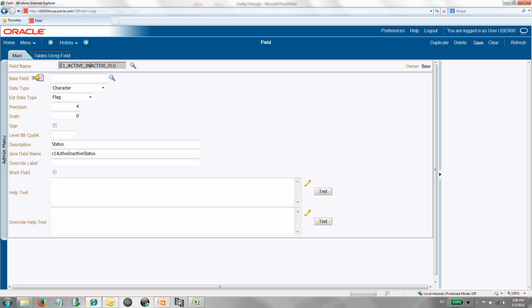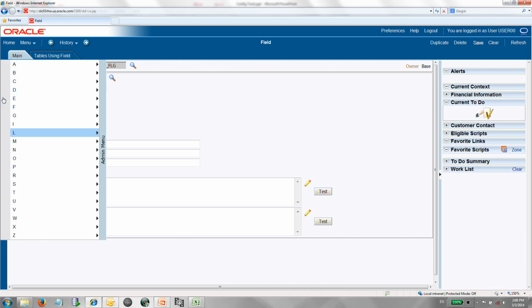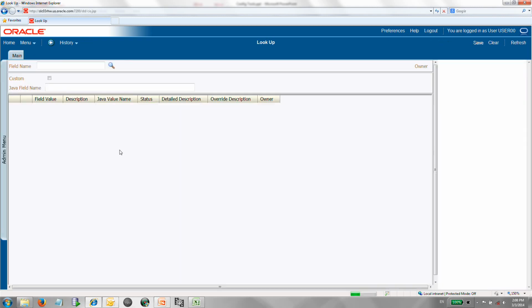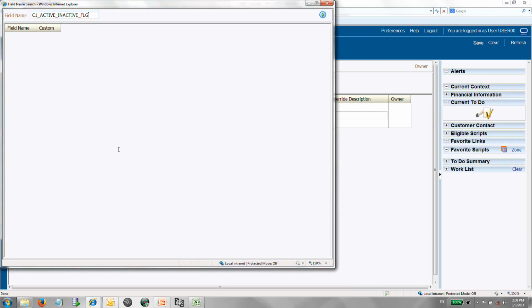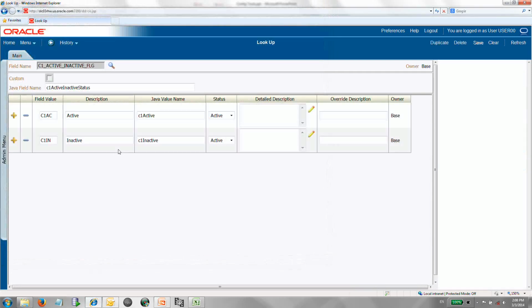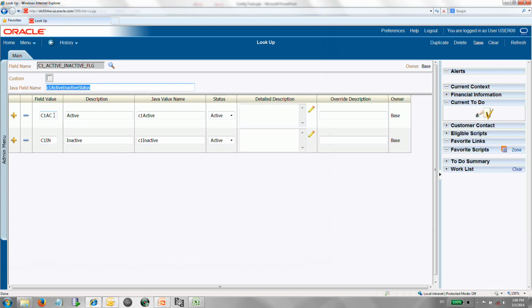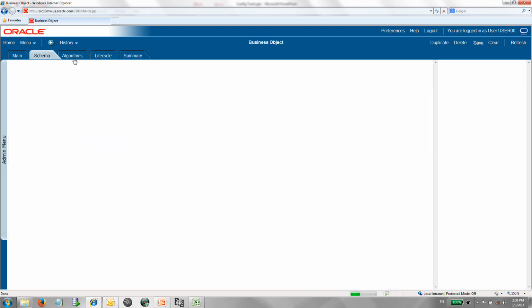Let's take the name, go to the lookup, and I'll see that the value options are active, inactive, and this is the value I need to copy. So I'm going to copy that value, go back to the business object,